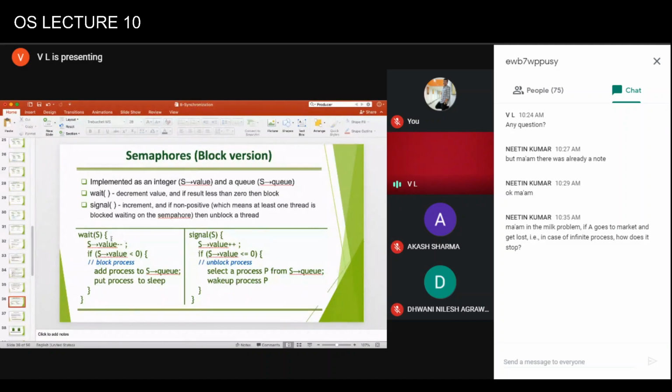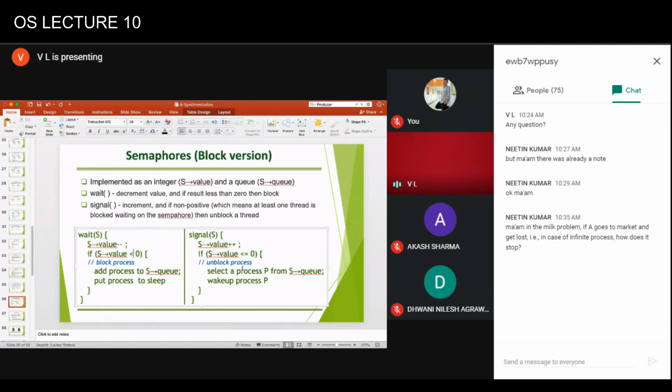In this case, the processes will not be decrementing the value. They will check whether the value is greater than 0 or not, and if the value is equal to 0, they will go back to sleep, but they will not decrement the value of the semaphore. The signal will increment the value, and if the value is equal to 1, it will wake up all the processes sleeping on it. So there are two different versions here.